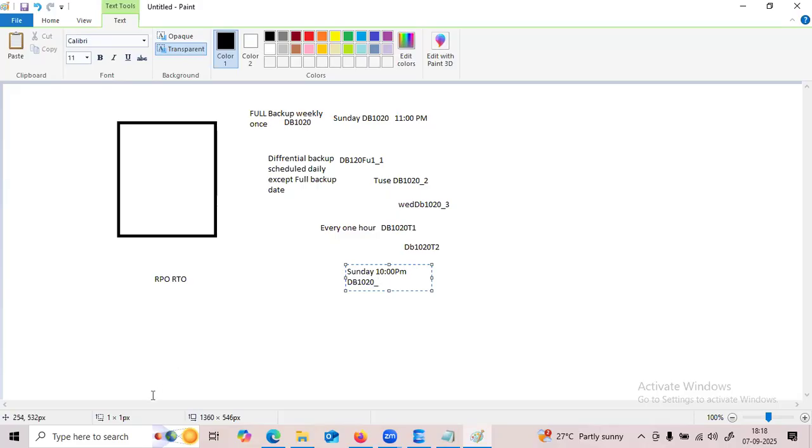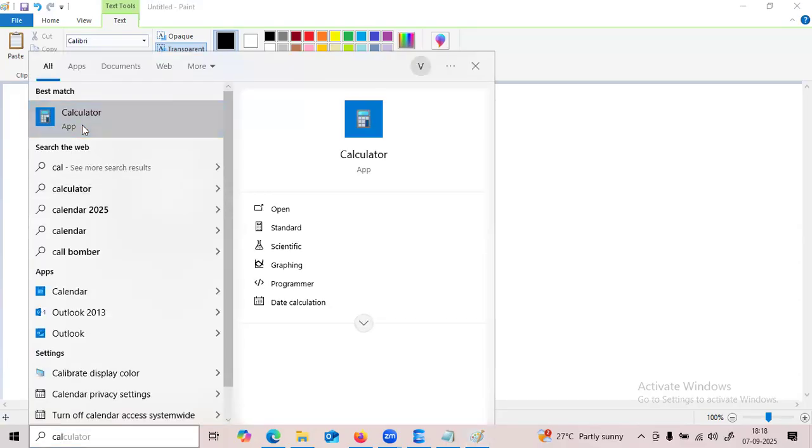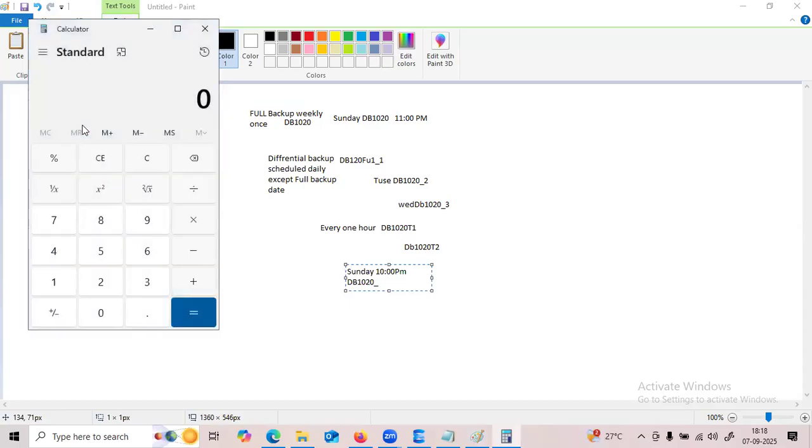Every 24 hours we have 24 log backups, so 6 days: 6 into 24, plus then we have 23. This will be 167.